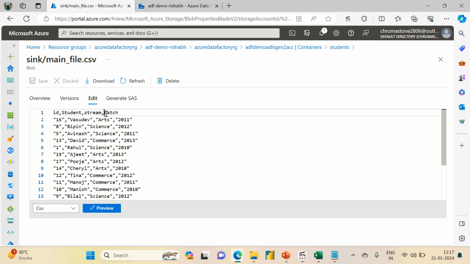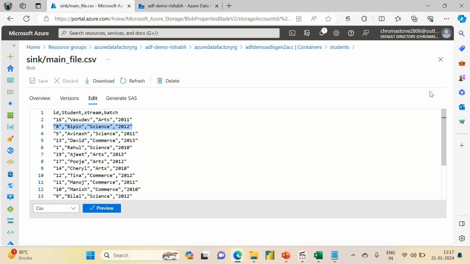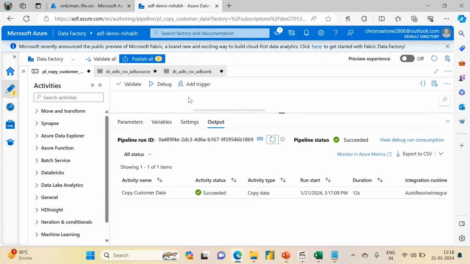and you have batch. So every record from every partition is merged into one file, and you can give the name of that file, main file, and you can see everything is there. So all the partitions are clubbed together in this file with their corresponding partition values. This is one way. Then if I go back to my data factory and I change